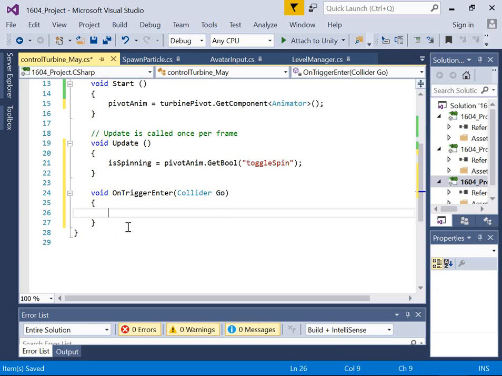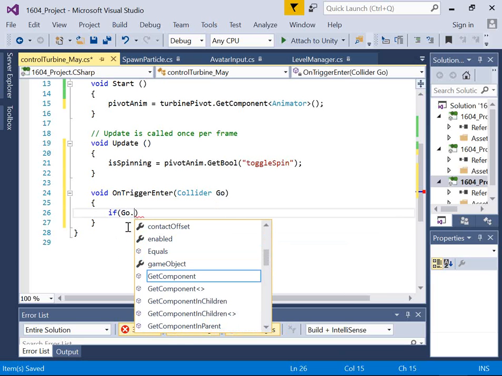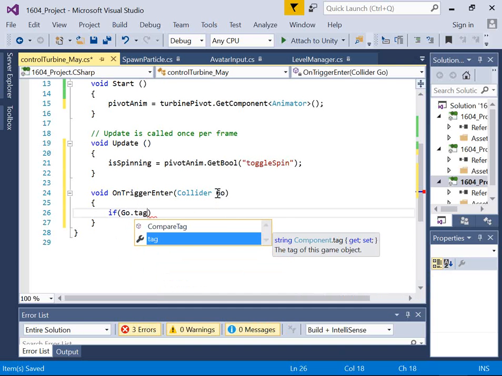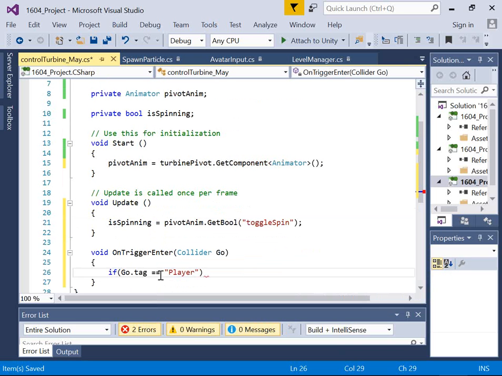So to do that, we're just going to write an if statement. So if go dot tag, right? Because this go is just referring to whatever this is. Doesn't matter what the name is. And then we're going to do double equals, and then do player. So can anybody tell me why down here this is double equals, and everyone else over here that there's single equals? Double equals means